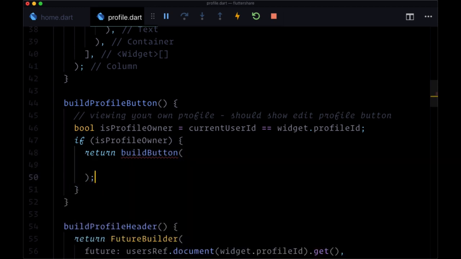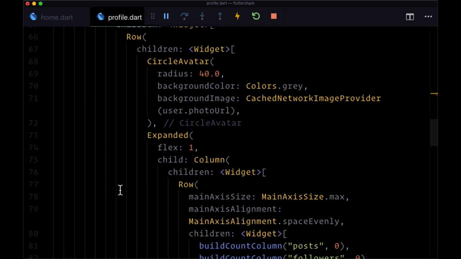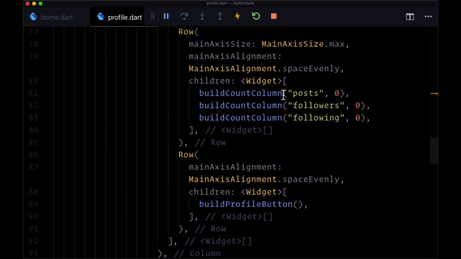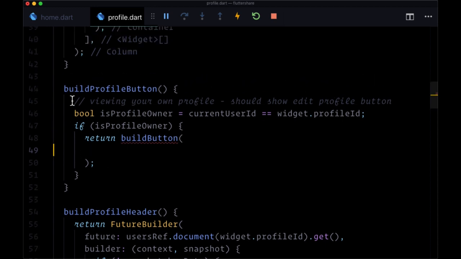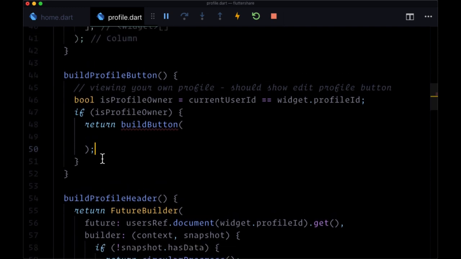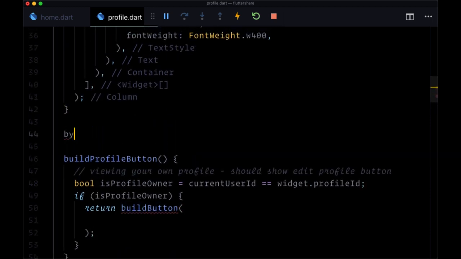So we're going to create a dedicated function just like we did for buildCountColumn, because we're going to have some repetition here. There's going to be a number of cases where we're going to have different buttons that we want to pass different information to. As I mentioned, there's going to be a follow button and an unfollow button for profiles of other users. So let's create this buildButton function above,